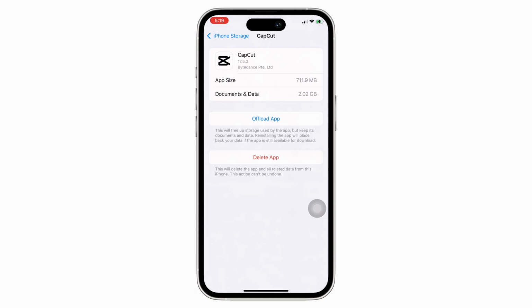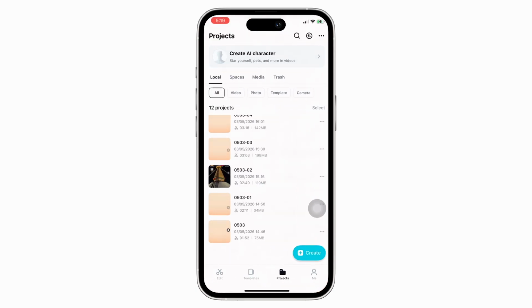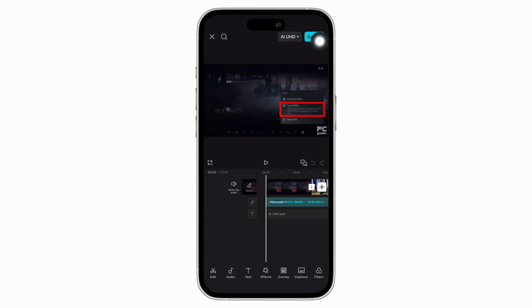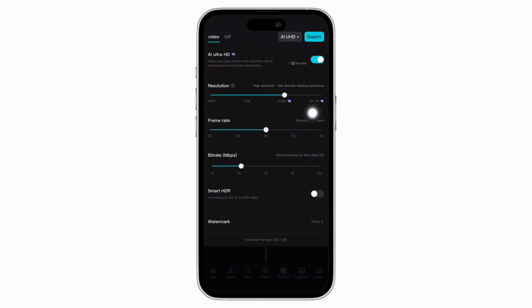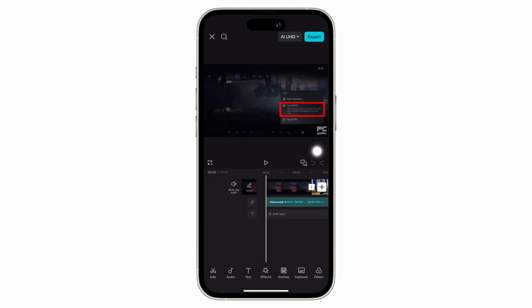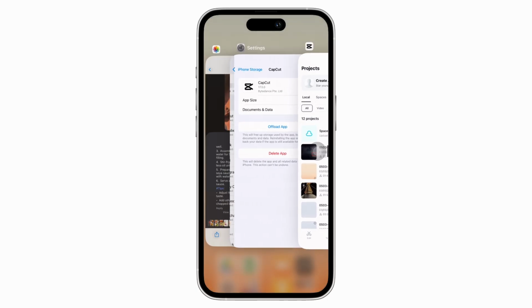See if your issue was fixed yet, and if not, then you can also simply try to export your videos in lower quality, that is 720 pixels or 1080 pixels instead of 4K, and this will reduce the storage space on your iPhone. You can also simply try to close the background apps, as this will free RAM for smoother